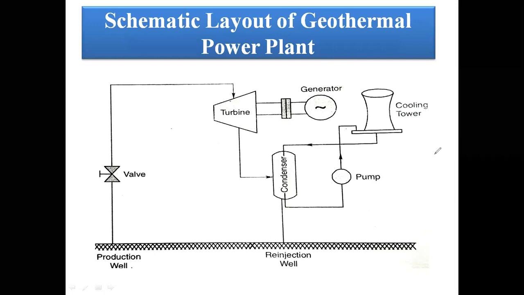Rock land is available only in a few areas, inside the land, where the temperature is more. Actually, here the temperature is 150 to 300 degrees centigrade. That land is represented by rock land or volcanic land. Choosing that rock land, the temperature is high, between 150 to 300 degrees centigrade. This drives the steam turbine.